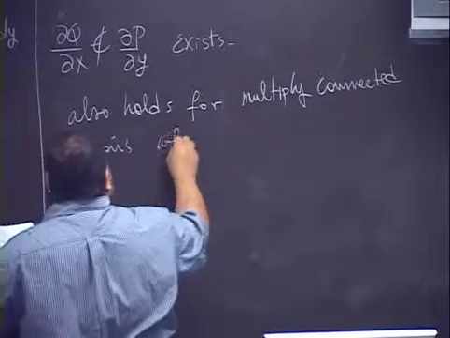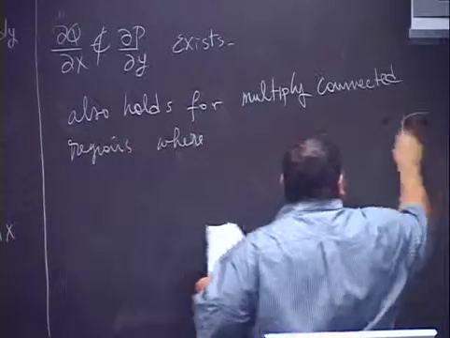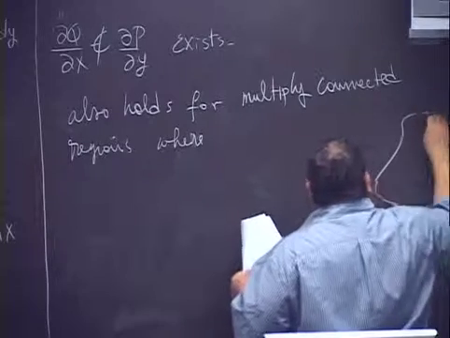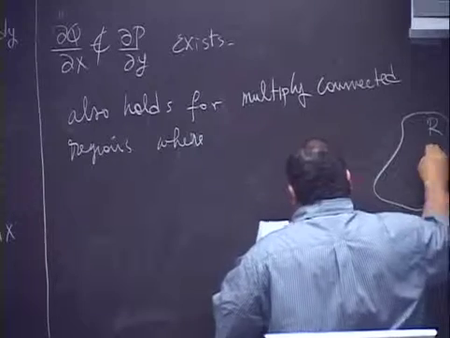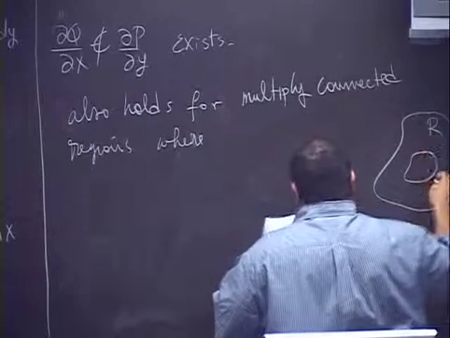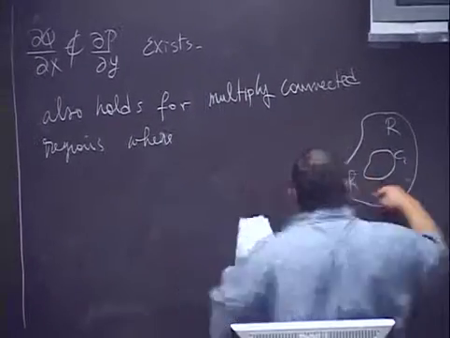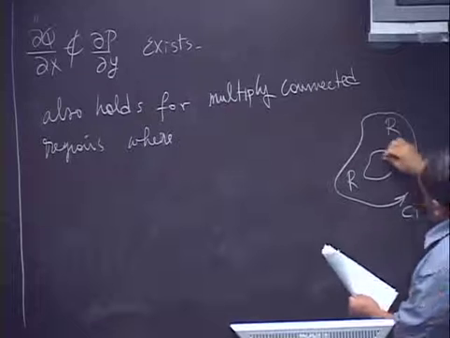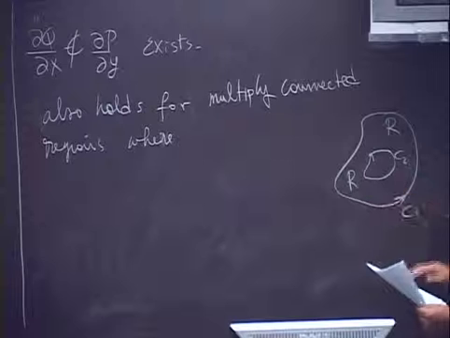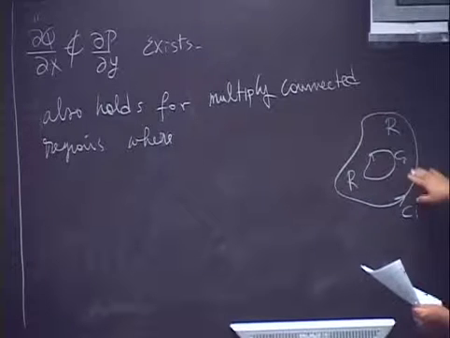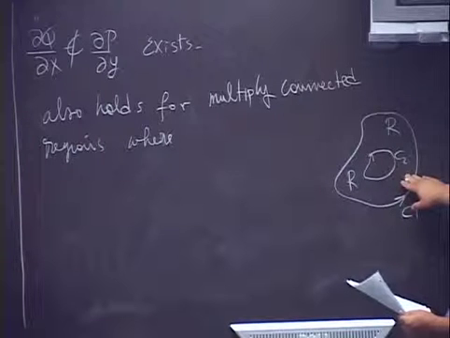In a multi-connected region, let's say this is R inside a contour C, and inside there is another contour C2, and the region R is the region in between the two contours. So the Green theorem will also hold in a multiply connected region,